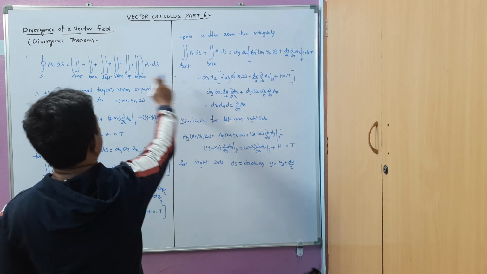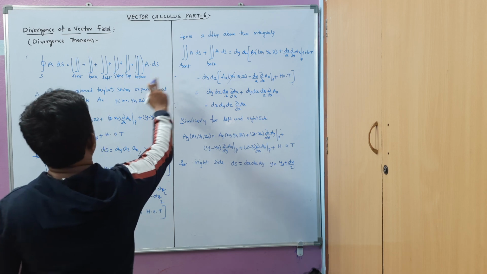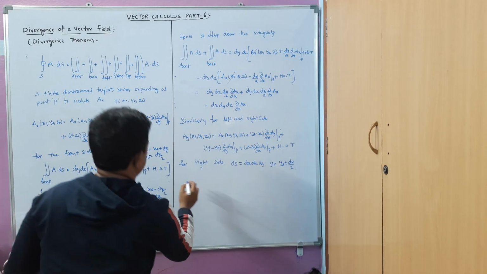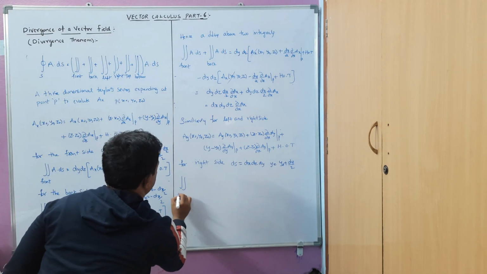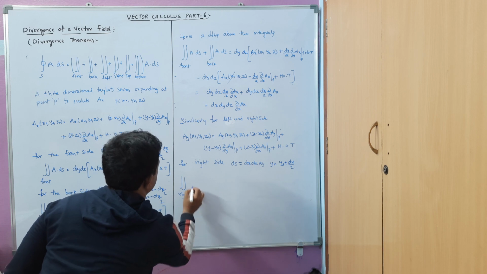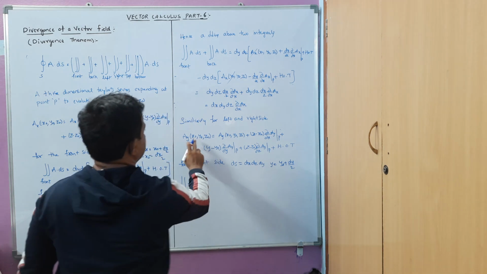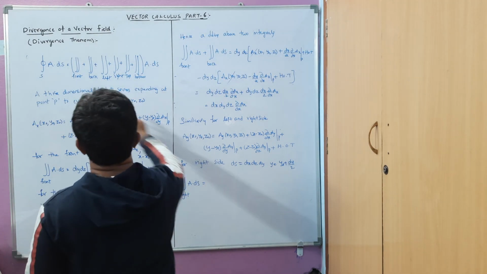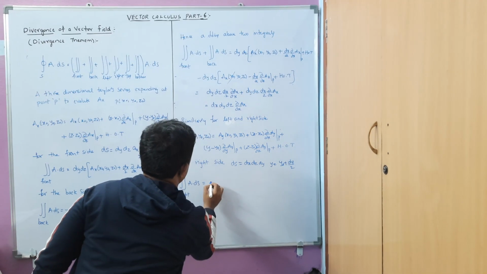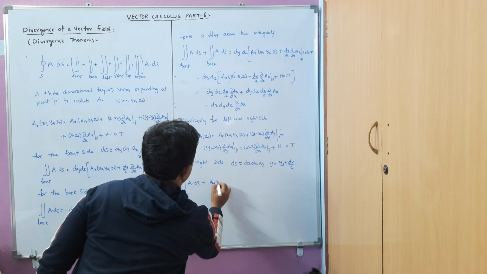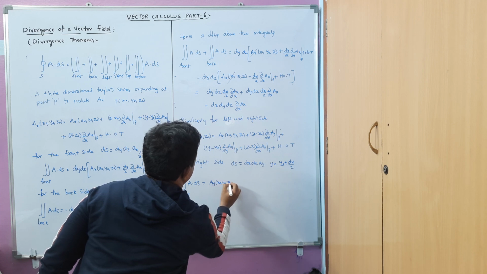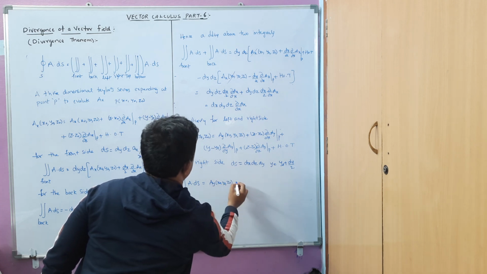That is, in this equation, this integral, that is for the right side, a dot ds is equal to what I get here. This we have to substitute here. In this equation, that is ay into x naught, y naught, z naught, plus